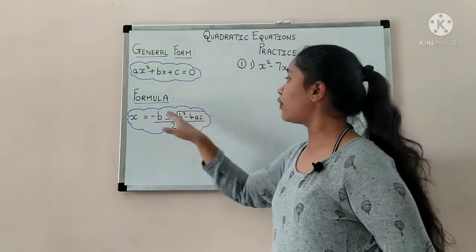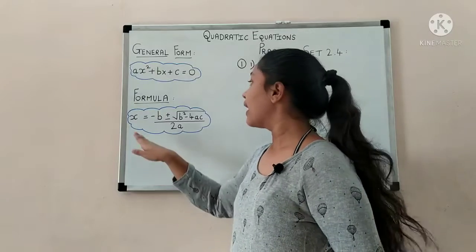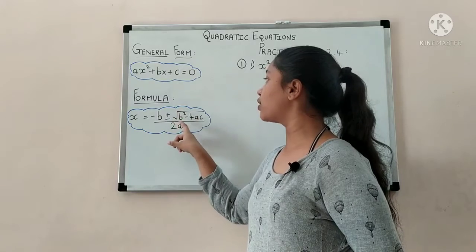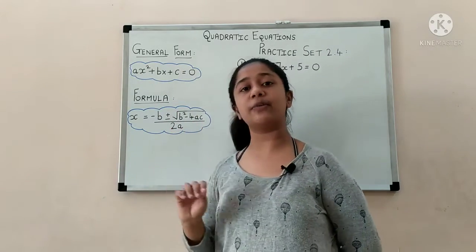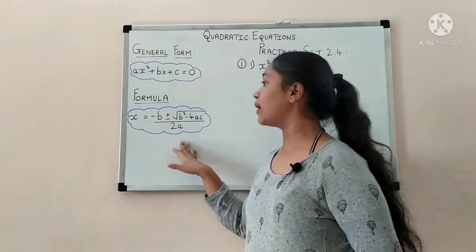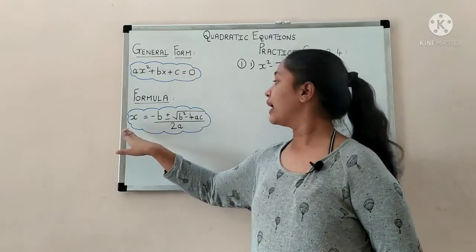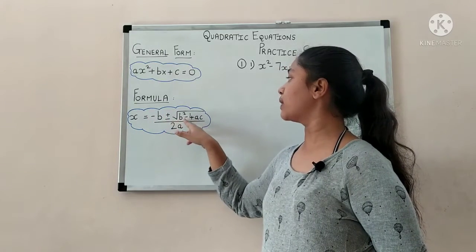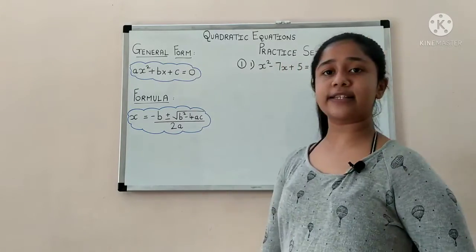Okay, now what is the formula that we need for solving practice set 2.4? So the formula says x is equal to minus b plus minus square root of b square minus 4ac upon 2a. अभी फर्स्ट टाइम देखने में ये फॉर्मूला थोड़ा अजीब लगेगा, बट इफ यू प्रैक्टिस मोर नंबर ऑफ क्वेश्चंस देन दिस फॉर्मूला विल बी कंप्लीटली फिटेड इन योर माइंड. I am repeating again, x is equal to minus b plus minus square root of b square minus 4ac upon 2a. Okay, so now let us start with practice set 2.4.